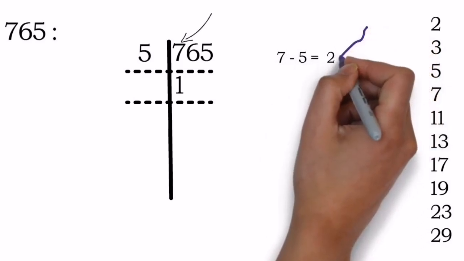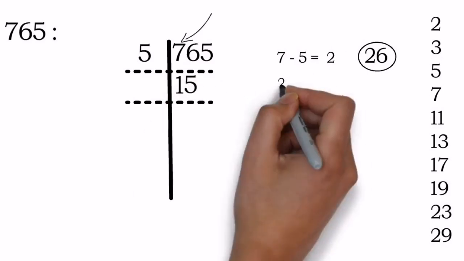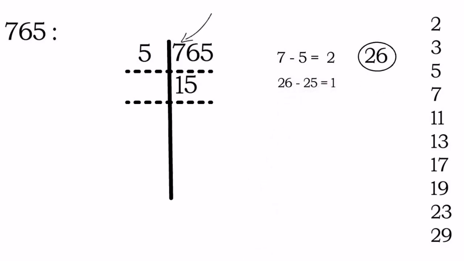That makes the remainder 2, and this 2 after subtraction and the 6 of the number itself together make a new number, that is 26. Now think about the 26. In 5's table 26 is not there, but less than that is there or not? Yes, that is 5 5s are 25. So 5 is written as a quotient, and when you subtract 26 minus 25, we get the answer 1. That 1 and the 5 remaining from the number make a new number 15, correct? And then we have 5 3s are 15 in the table of 5, so write 3 next to the quotient, and the remainder is 0, which makes the number 153.